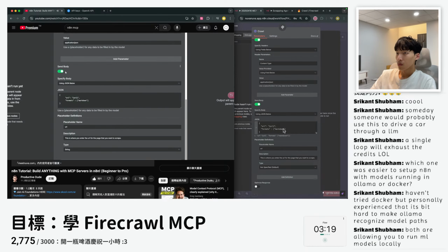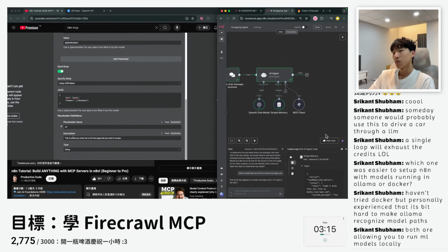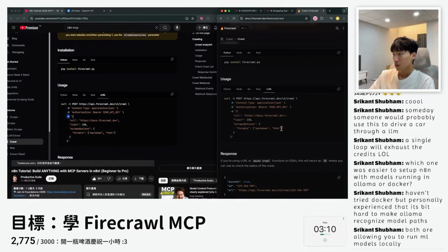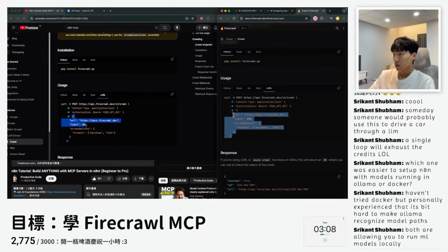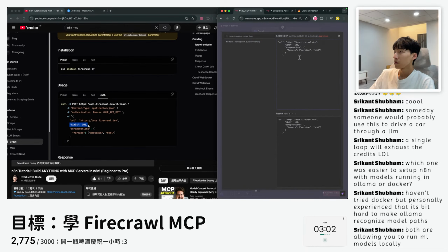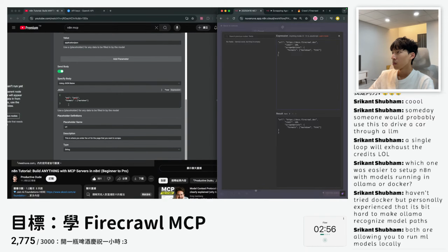And then down here, we're just going to need to change out the body a bit. And we might need to alter some of our placeholder definitions as well. So here under this D flag, we are going to see that there are some different things that we can add. So we can add scrape options for when it scrapes. We can add a limit for how many pages it's going to scrape, and we can also add in a URL. So I'm just going to copy all of this information here, and we're going to go back in here to the JSON, and I'm just going to paste that in.